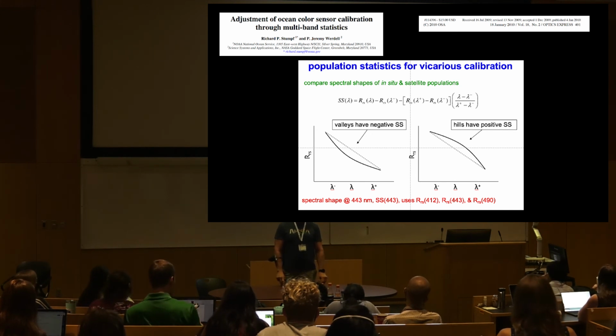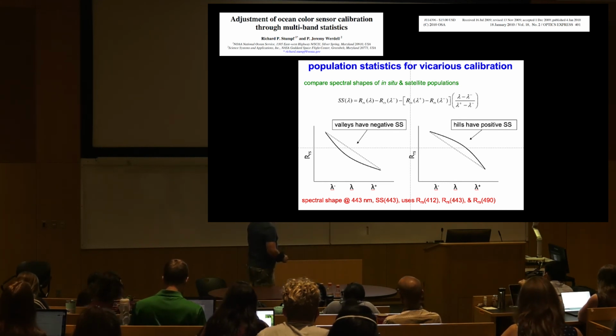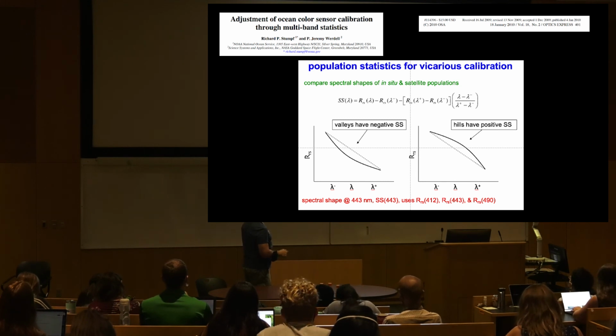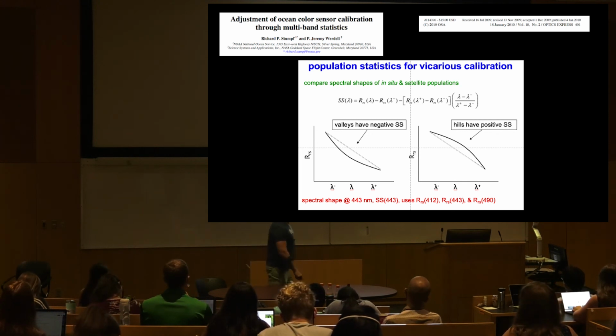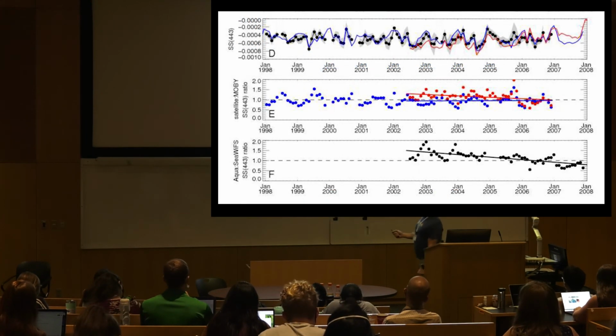So one way of looking at how band-to-band performances shift is through spectral curvature. Rick Stumpf came up with this idea where we could calculate a spectral shape, which is basically just looking at peaks and valleys over a central wavelength. In the case of, say, 443, your spectral shape at 443 would use your measurements at 412, 443, and 490. And so we had a thought experiment over MOBI where we look at the spectral shape over time,